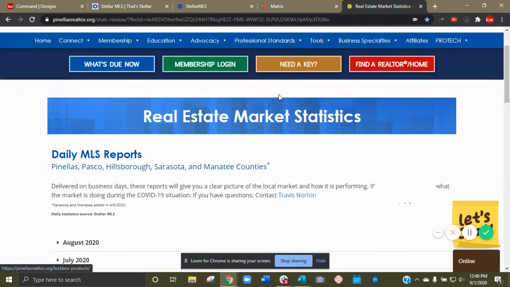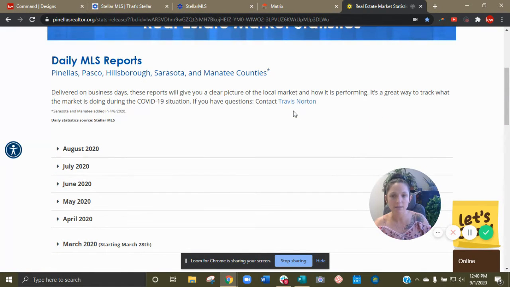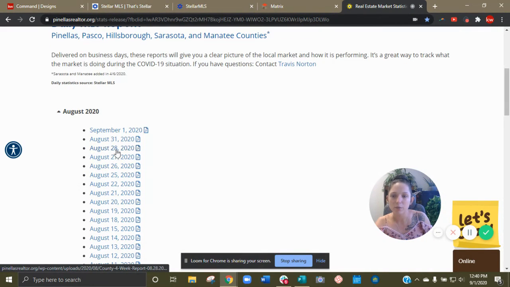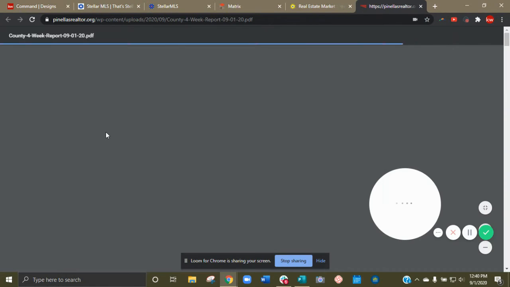So for us, Pinellas Realtor Organization, they actually post these market stats almost every day. So they don't post them over the weekends, but they will give you the information from the weekends the following business day. So what's neat about this is, so if we pull this and I look up September 1st,